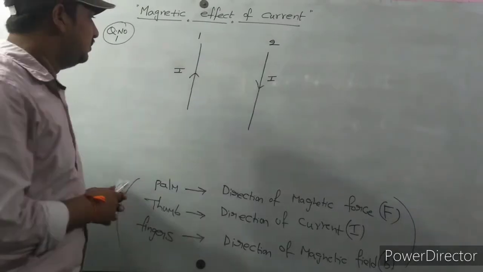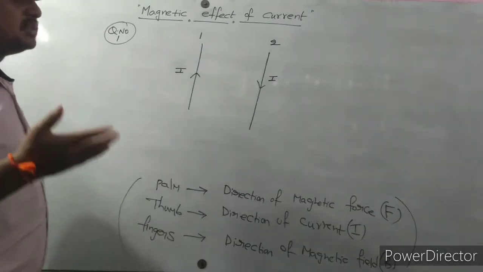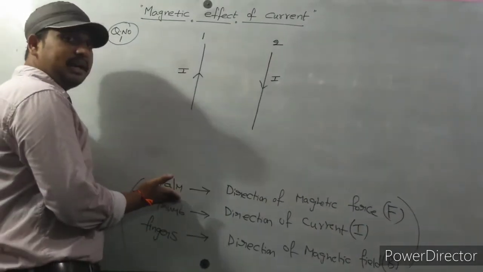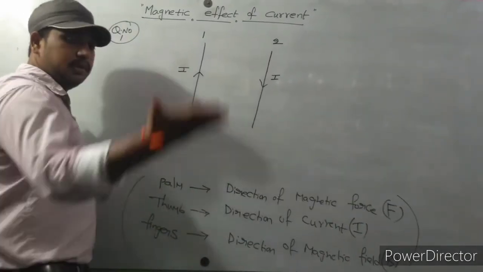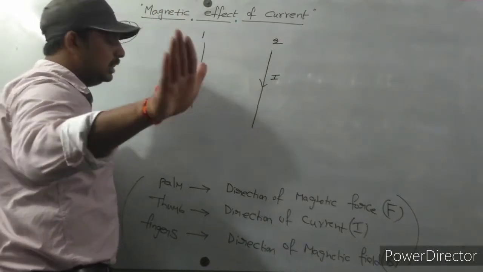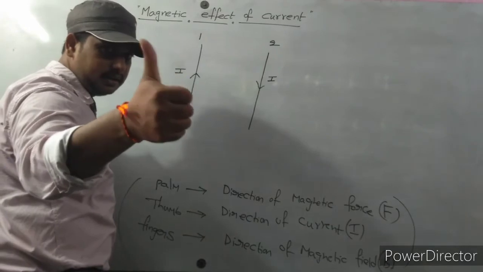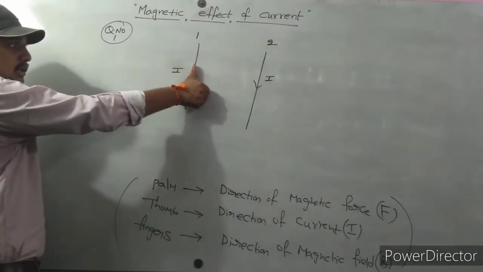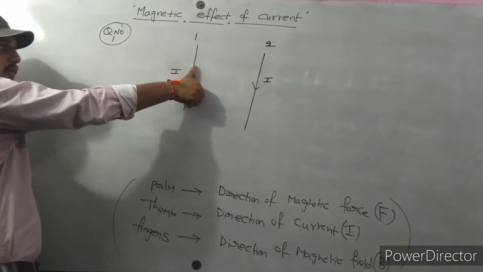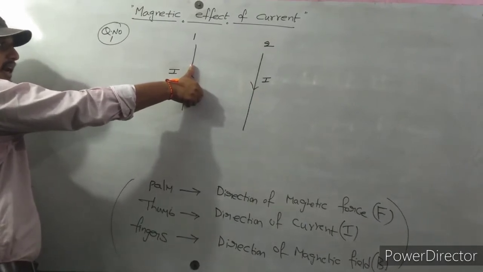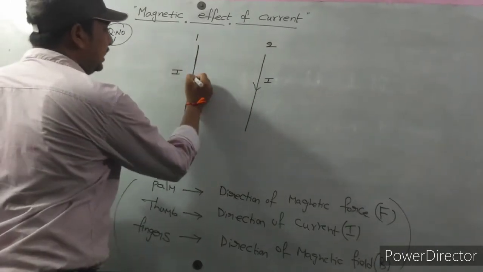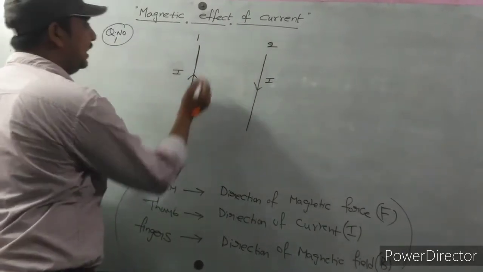Okay. So please observe carefully. How to indicate the direction of magnetic force? By using Fleming's right hand palm rule. Right hand, observe carefully, right hand. Here the thumb indicates the direction of current. The current is upward, that's why I place the thumb here in the upward direction. And the fingers indicate the direction of magnetic field. I consider here the direction of magnetic field is,